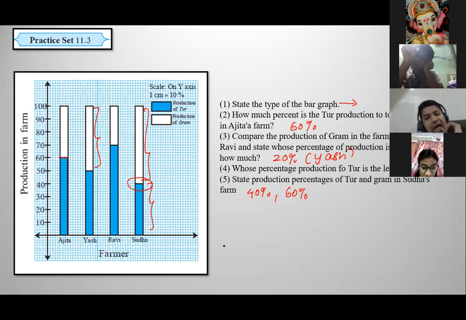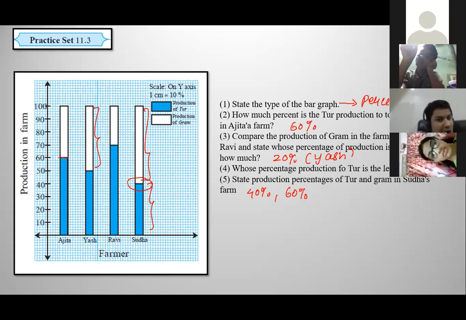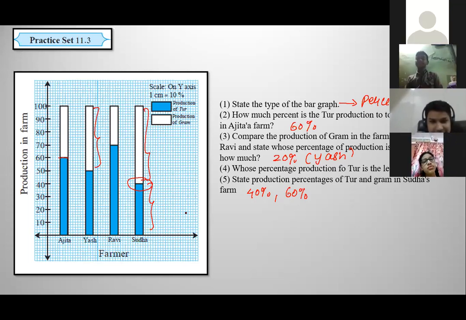Is this clear, everybody? Yes, sir. This you do in your notebook. And the first sum of this exercise, since it's already time up, you do it for homework. First sum, drawing the subdivided bar graph, do it for homework. And the second sum, you write it in your notebook.